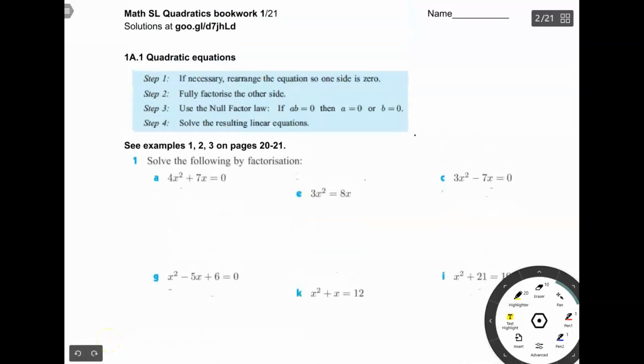Page 1 of quadratics. Of course, they start with a review of factoring, but like I told you, if you still don't know how to factor at this point, I don't think now is the time to learn. Why don't you just rely on the quadratic formula? There's not going to be that many factoring problems on